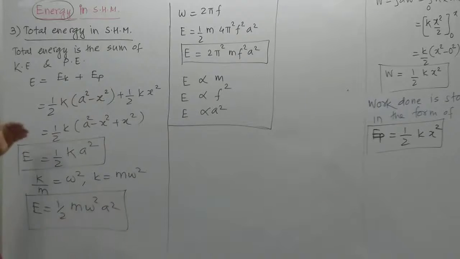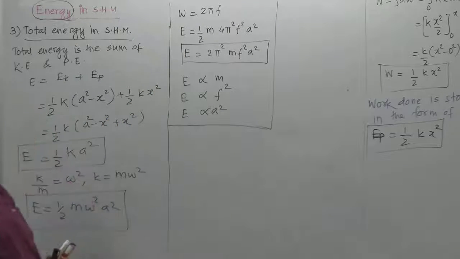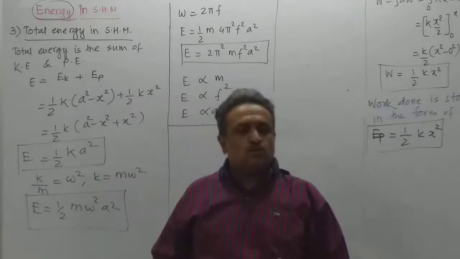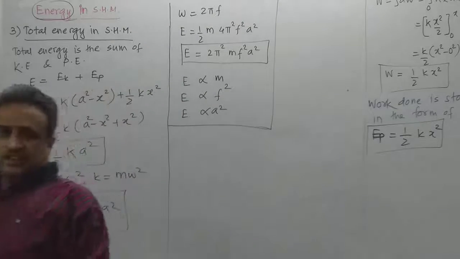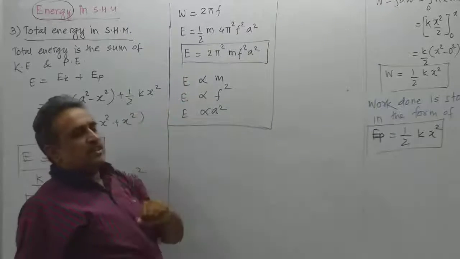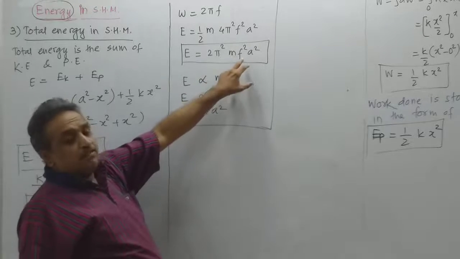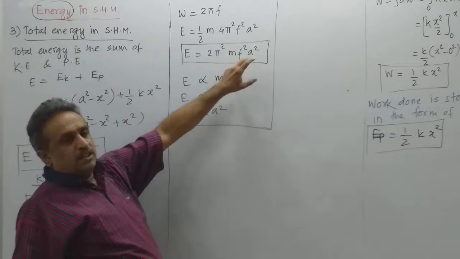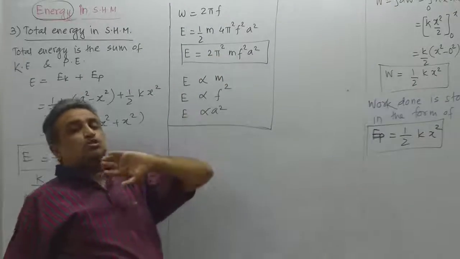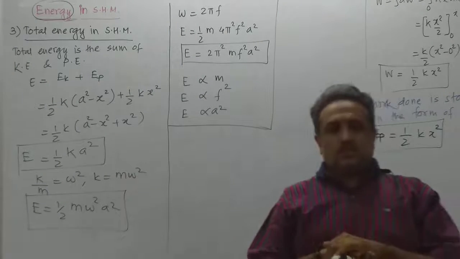This is the expression for total energy. I have given 3 different forms. You choose anything as per your requirement in the numerical. In this case, you just observe one thing. m is the mass of the particle which is constant. f is the frequency of SHM and A is the amplitude of given SHM. All the things are constant. That means total energy is conserved. Total energy of particle in SHM is conserved.